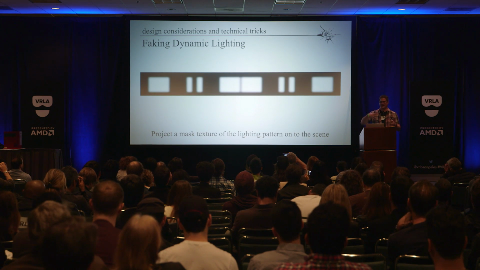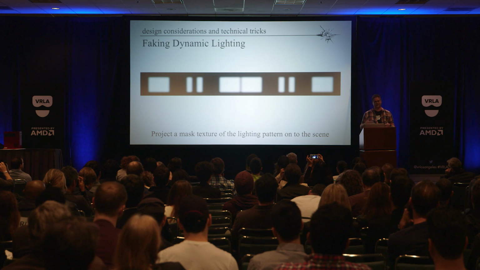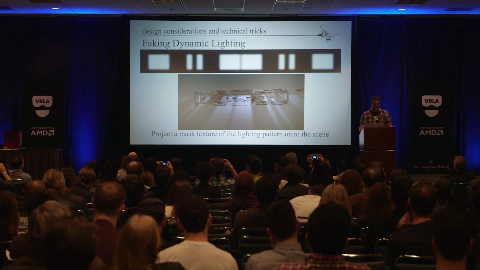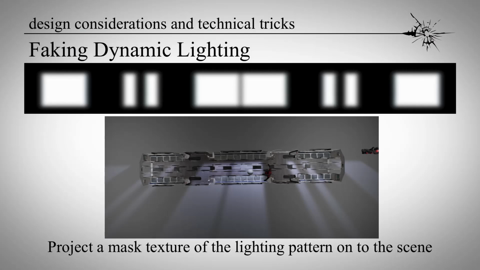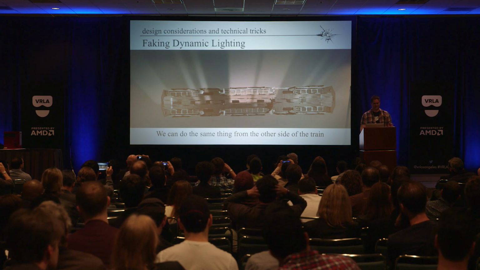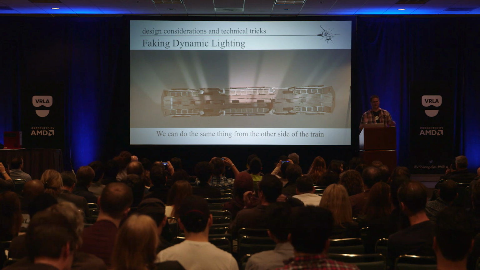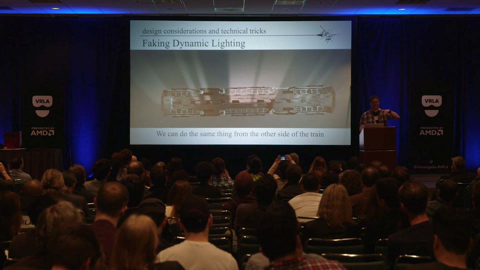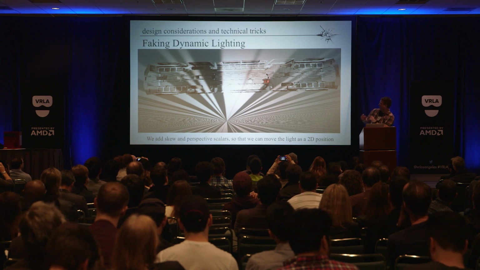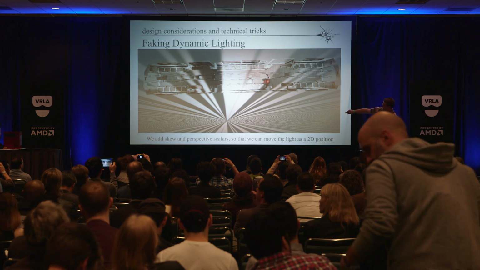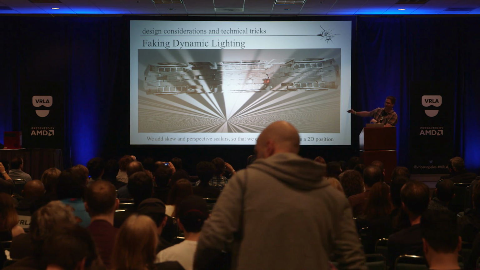We took the lights, basically what the shadow map would be generated from outside the train, and just projected that manually so we didn't have to recompute that every time since the geometry wasn't actually changing. And then we used a modulate material to project that onto the scene, color it blue for the left side, red for the right side, and then added a skew shader to it to kind of make it blend out there so it looks like it was coming from a point light source.